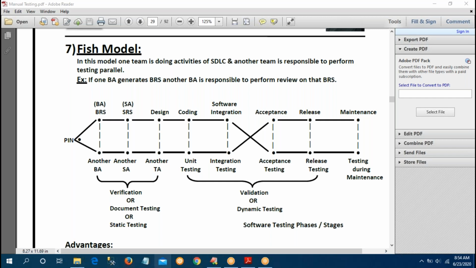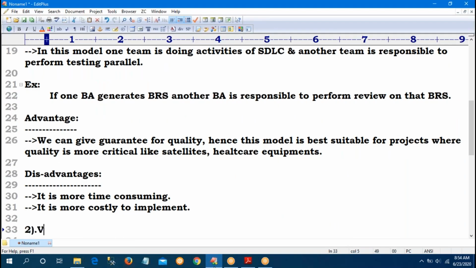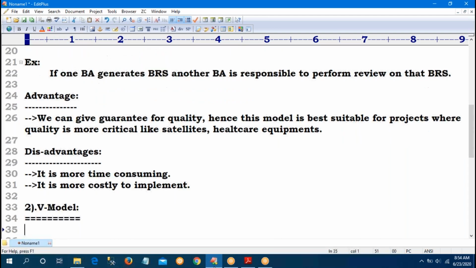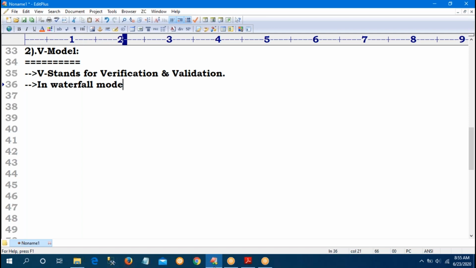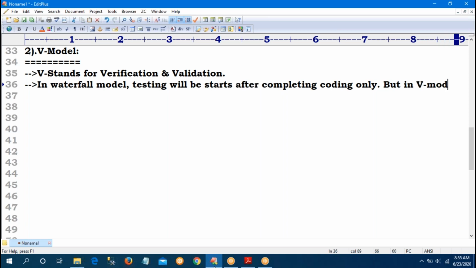Next, V model. The V itself, the name itself indicates verification and validation. So in the waterfall model, when will testing be started? After completion of the coding only. In the waterfall model, testing starts after coding only. But in V model,